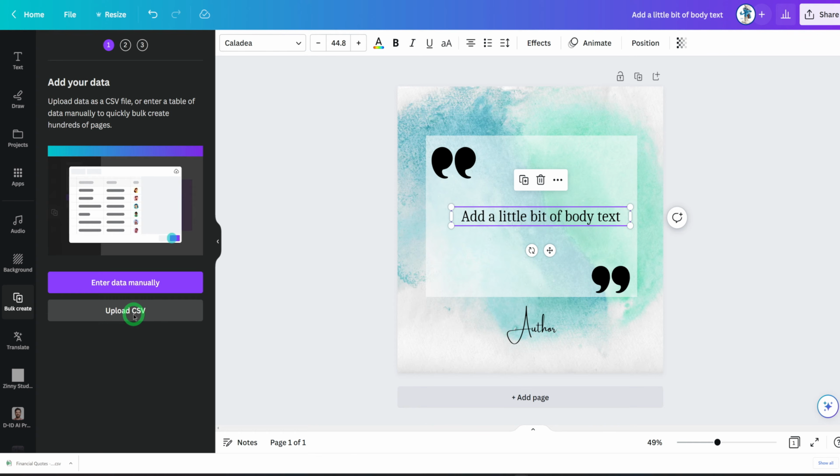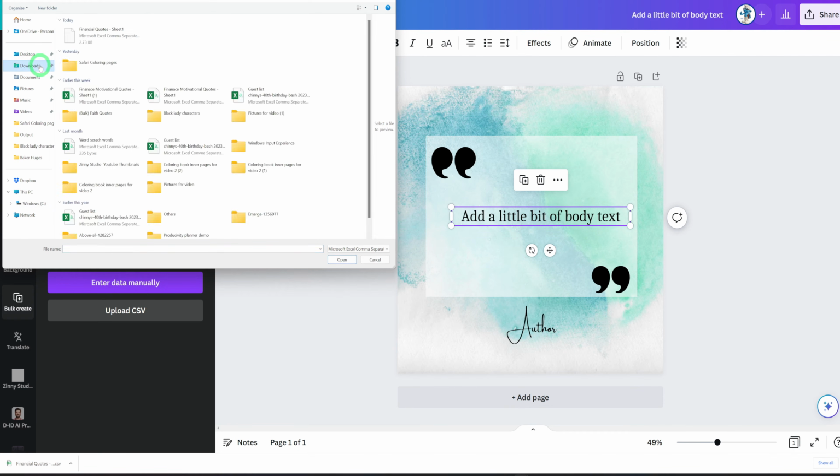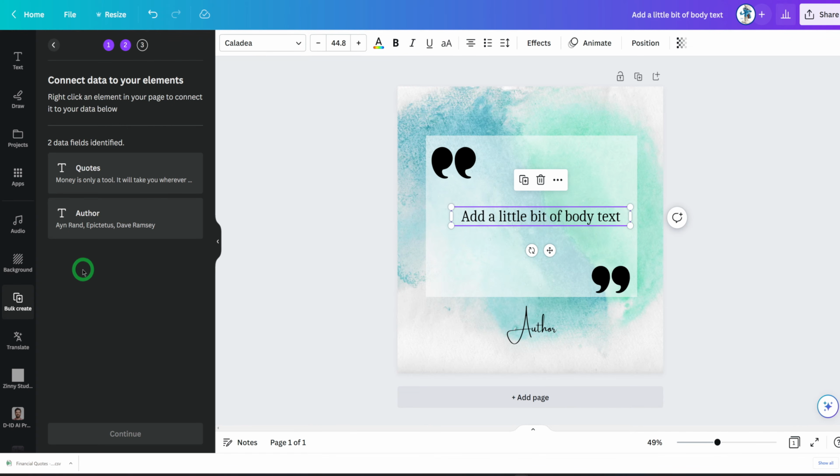So we click upload. If you remember that file that we downloaded, we go to downloads, click on this and open. Now you could see that the fields are picked up automatically. So this is the quote and this is the author. So we're going to connect this and this to the quote and to the author. So once you come in here,